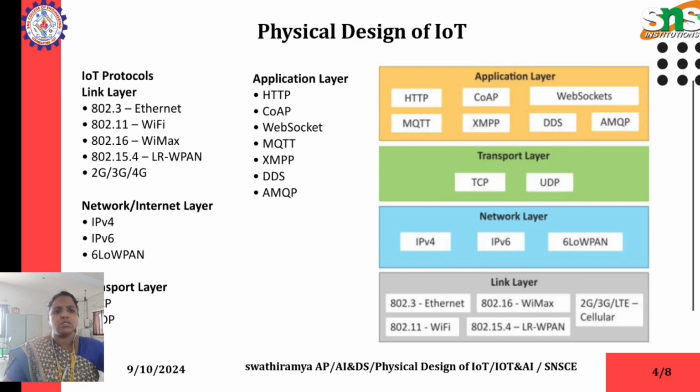For this we can use protocols. We can use a protocol called IPv4, Internet Protocol version 4. This is the fourth version of the Internet Protocol, widely used to identify the devices on the network using an addressing system. The next protocol is IPv6, Internet Protocol version 6. This is a very recent version, designed to address the limitations of IPv4, such as address exhaustion. With IPv4 you have the issue of addressing; it could not address a large number of